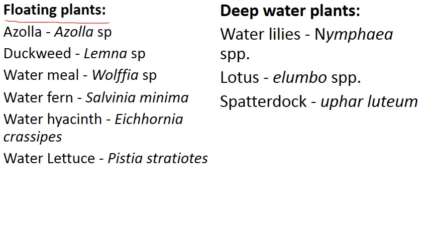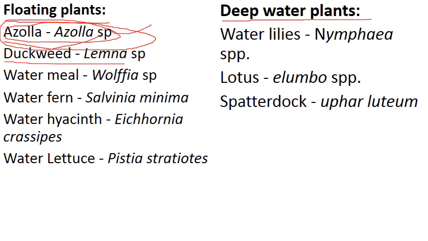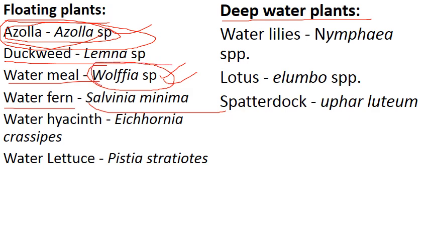Then you should remember some more species, like floating plants and deep water plants. Which species are suitable at what level of water? Okay, azolla is very common. It is a blue green algae, you can see, that fixes nitrogen. Azolla will help. Then duckweed, water fern. It is very common. And Wolffia is an exotic species, and it has invasive property, so it is very dangerous if it is grown continuously. So we should manage the growth of Wolffia.